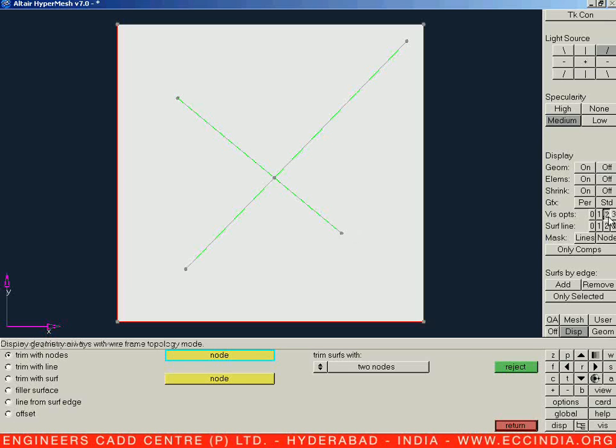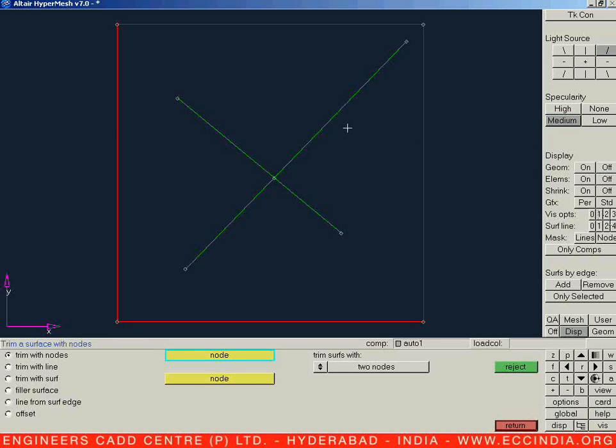So what exactly is the difference between these two? If we see in visual option 2, a wireframe mode, we can see the external edges of this surface are highlighted in a red color, but the internal boundaries are highlighted in a green color. So let us see what exactly it is. The red color stands for the free edges of your surface.